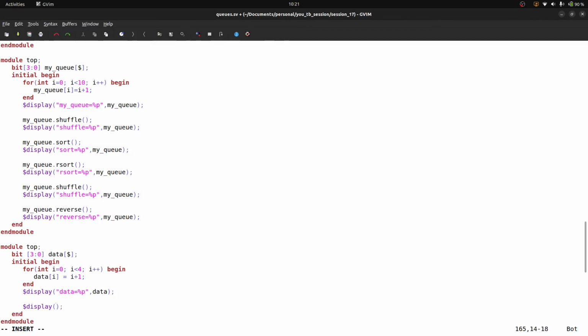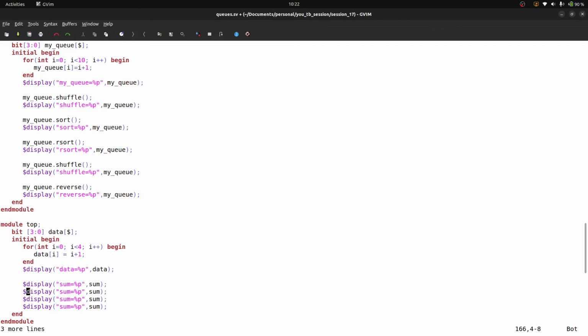After that $display, here let's say sum is equal to %p sum. After sum, let's say OR operation is there. After OR, let's say product is there, right?